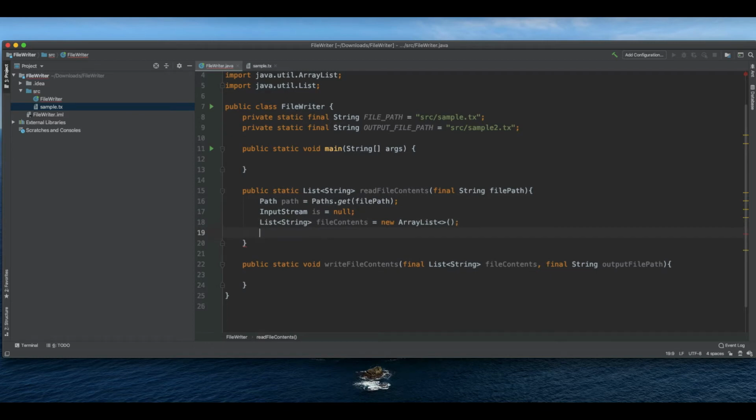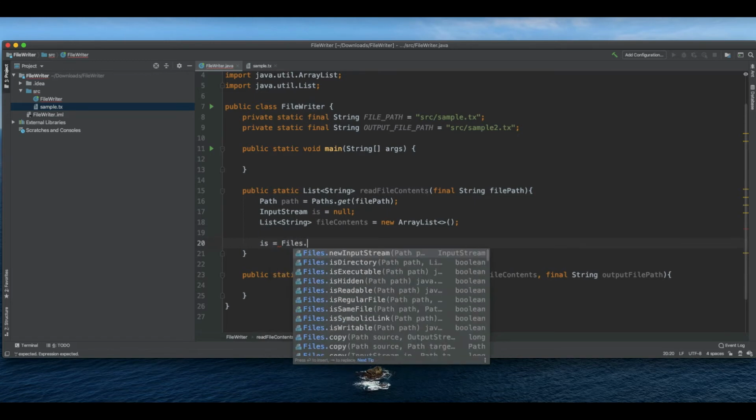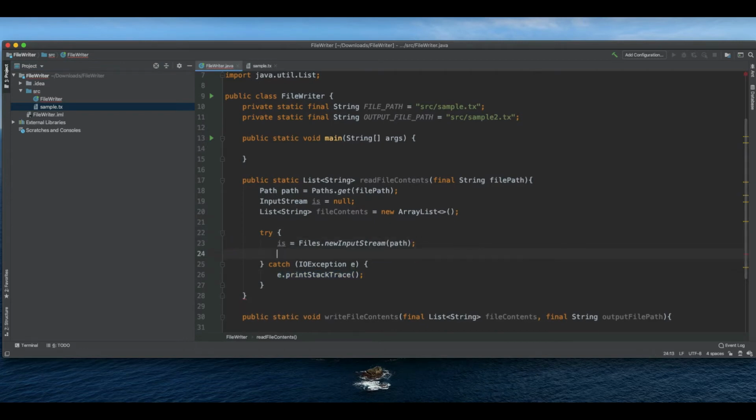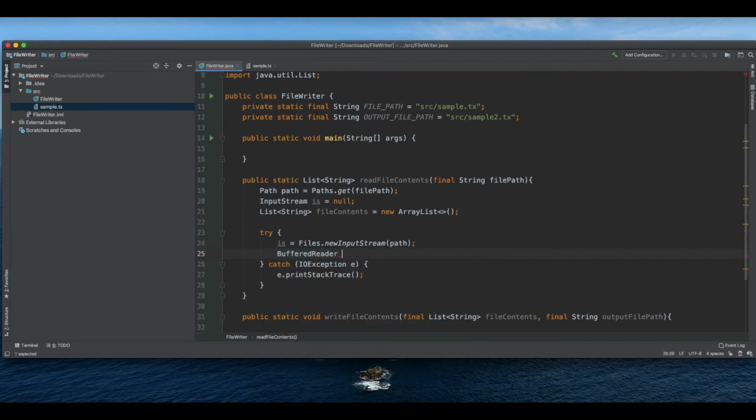Now, at this point, what we need to do is initialize our input stream and also create a buffered reader. So let's start with our input stream, and we'll do this by using Files.newInputStream, and we'll give it the path that we had selected earlier. Once we've done this, the IntelliJ IDE is going to complain because we need to catch that exception, and that's an IOException. So now with that caught, let's go ahead and create a buffered reader, and we'll call this our